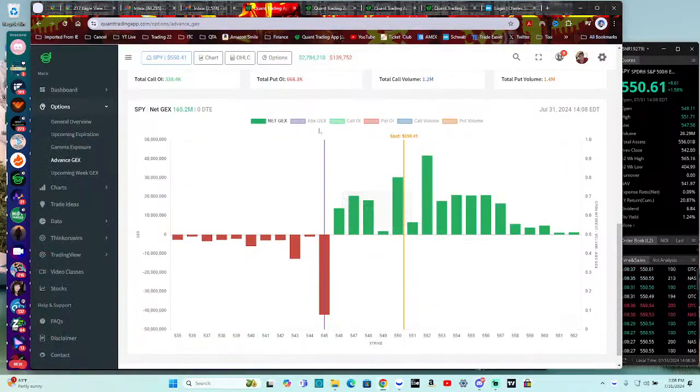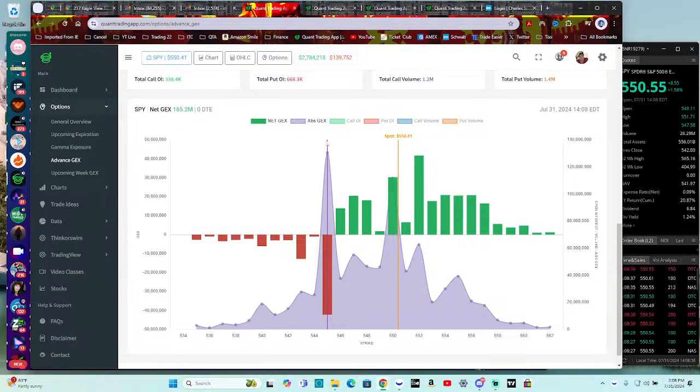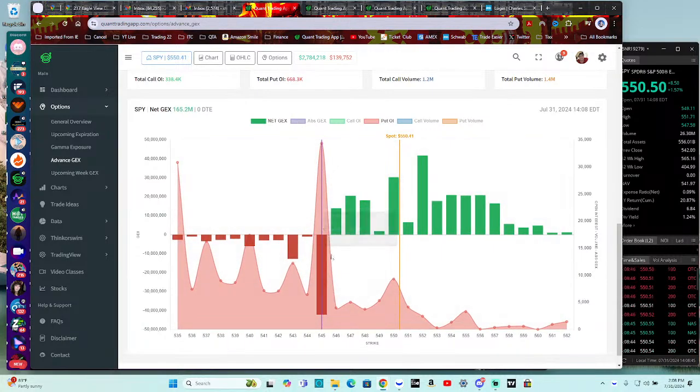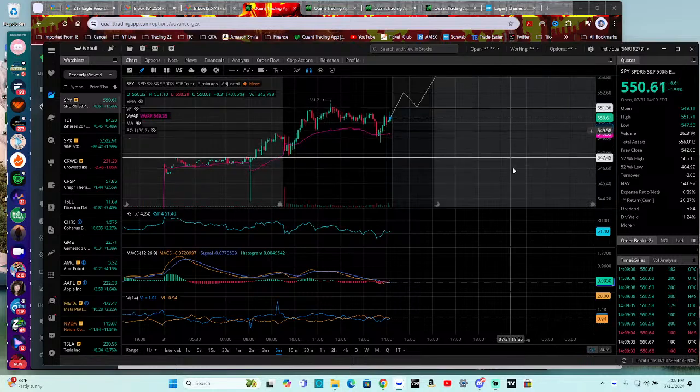545 is still looking pretty good. Has absolute GEX changed? No, it's still primary right here. Put open interest. Solid 545, right? All that is this 552. We have this gap here, but if this is filled at 552 touched, then we can play to the downside if this does not increase. If we start moving towards 552 and we see these GEX levels grow higher, it's just paving a road. It's paving a road to go higher and higher and higher. But if we find resistance at 552, which we've mapped out